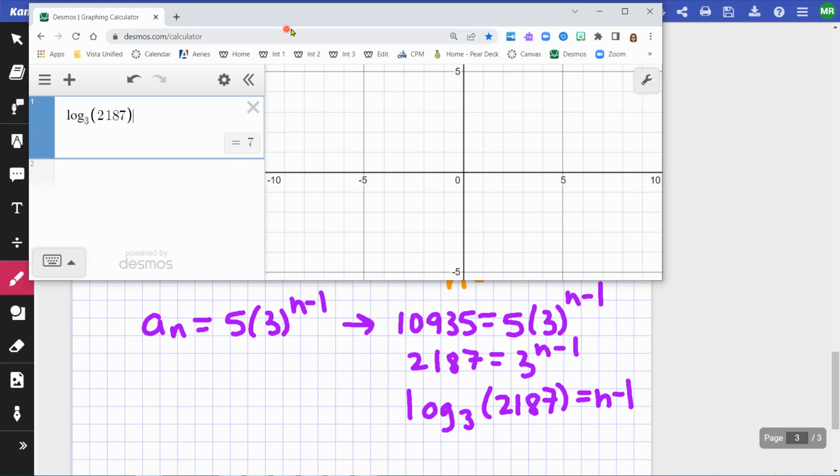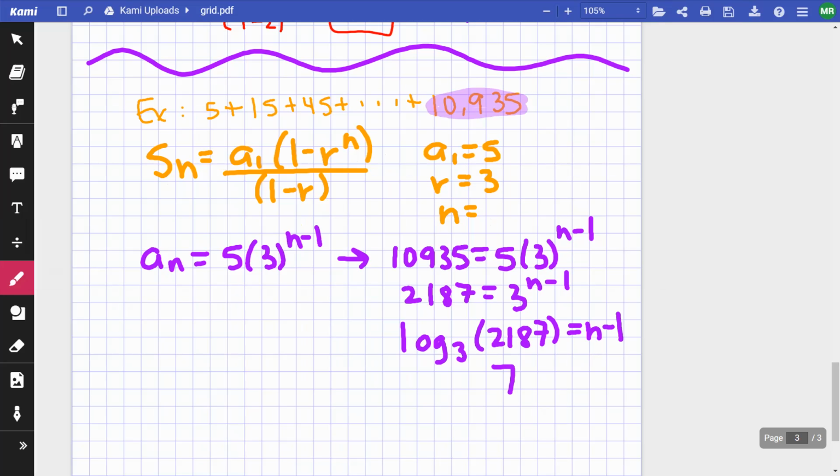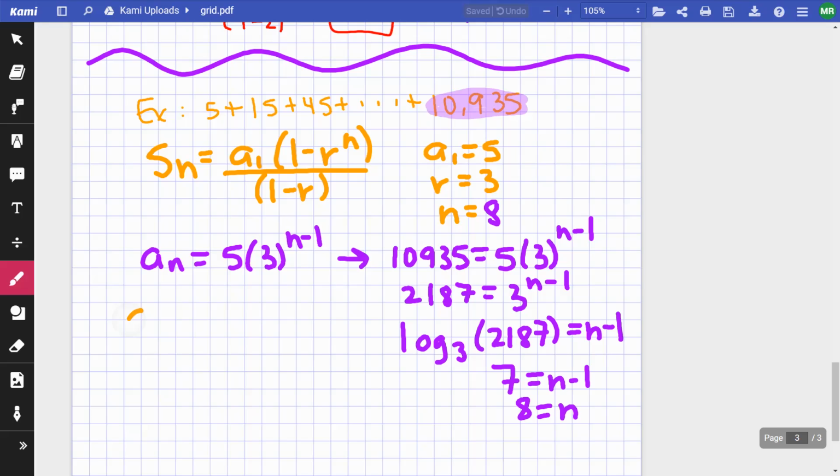That is a 7. Okay, so this whole thing here is 7 is equal to n minus 1. So 8 is equal to n. So I know my n now. My n is 8. So when I work this out, I am going to be trying to find s sub